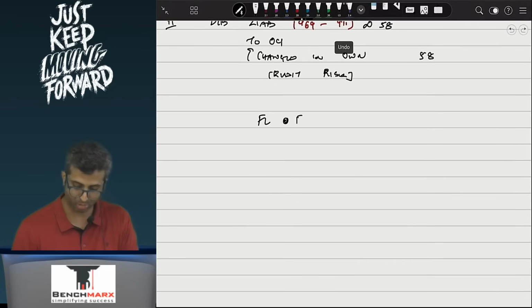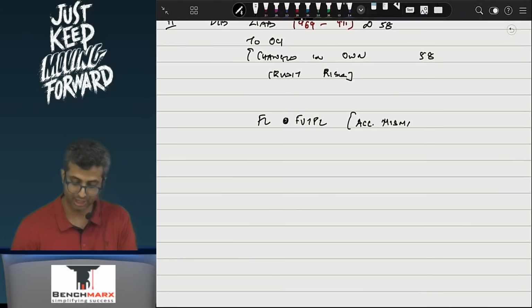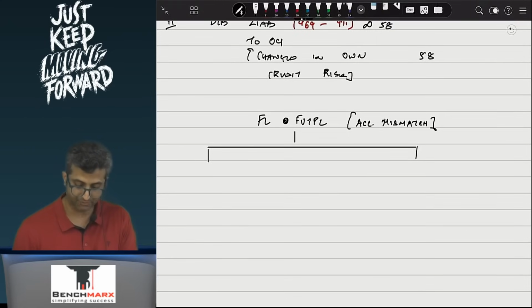So what do we remember if financial liability is recorded at FVTPL? Remember, all of this problem will arise only if your financial liability is recorded at FVTPL. If it is at amortized cost, you don't even look at the fair value. So this will be if financial liability at FVTPL. This is usually in order to prevent an accounting inconsistency or an accounting mismatch. Now in this case, the financial liability will be recorded at FVTPL. Now in this case, if there is a fair value gain, or it can also be a loss,